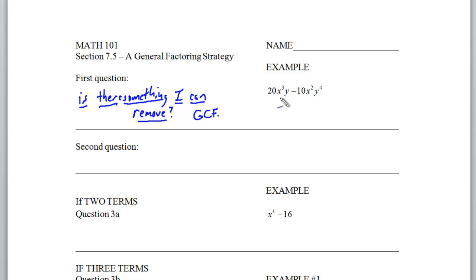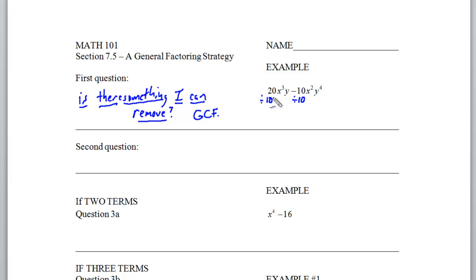So taking a look at this example, regardless of how many terms there are, you have to look to see, is there something I can remove? Does 20 and 10 both have something in common? And the answer is yes. They both can be divided by 2, they can be divided by 5, they can be divided by 10. So we're always going to remove the biggest term possible. So we're going to divide each of these by 10. And I write it this way. You may not do this in your work, but that's how you would show removing or taking out a common